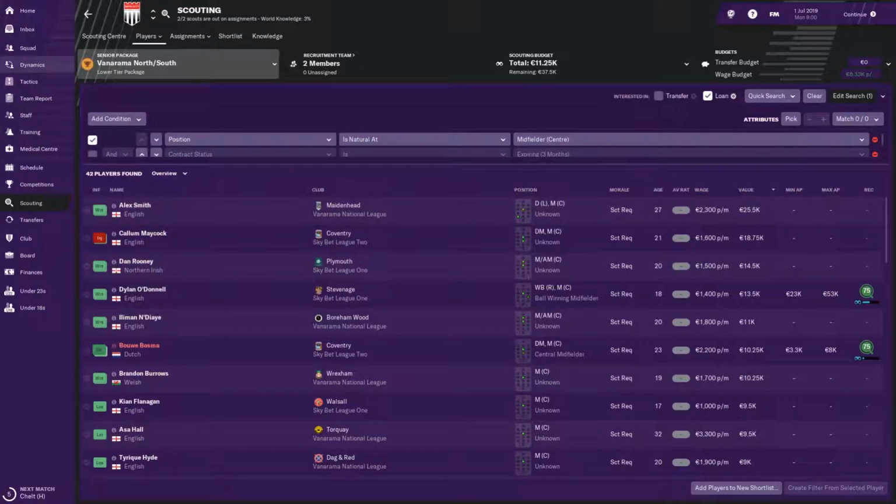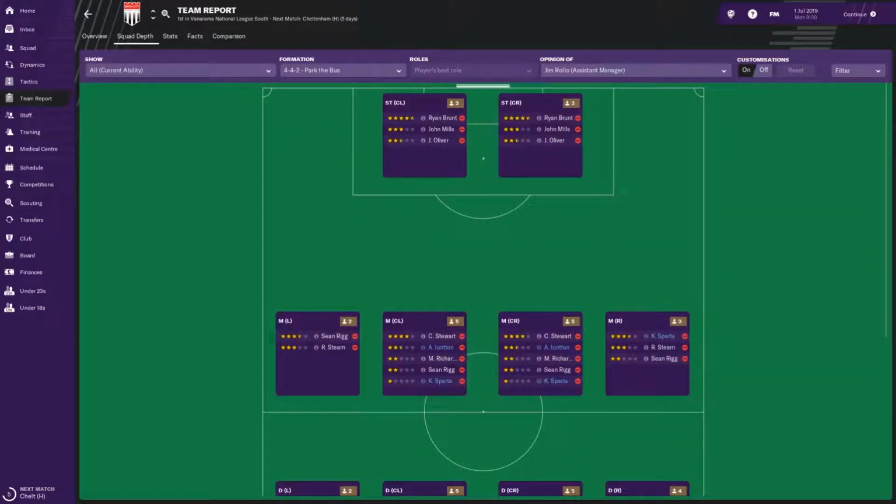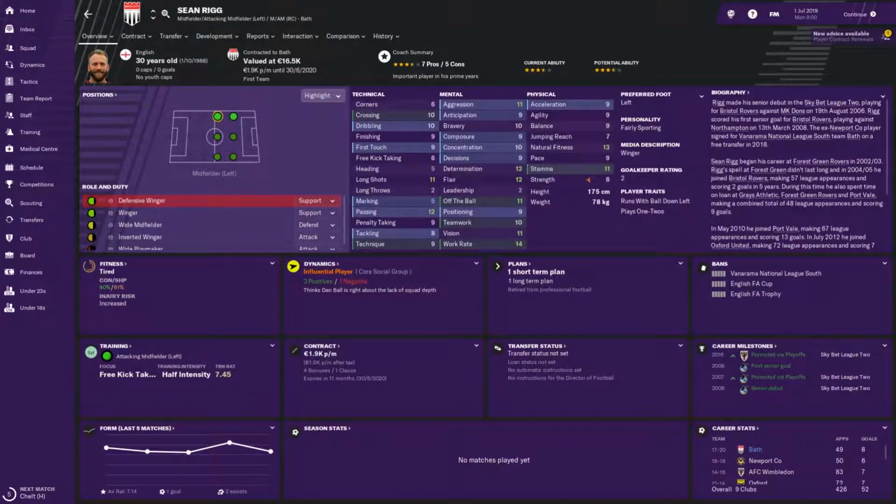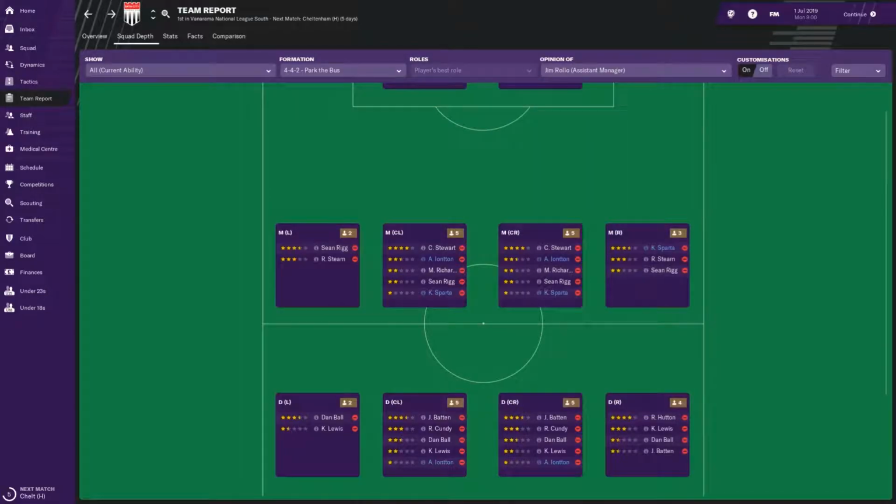And let's have a look at our team report here and our squad depth. For strikers, we've got Ryan Brandt still going strong, and John Mills, and we signed a backup player here, Oliver. So that seems pretty good. For midfield on the left, we still have Sean Rigg, and for center we have Stewart still, of course, and we have a loan player here from London, who's also pretty decent. And on the midfield right, we have also a loan player here from K Sparta, and Ross Stern is actually with us another season, I see here, so